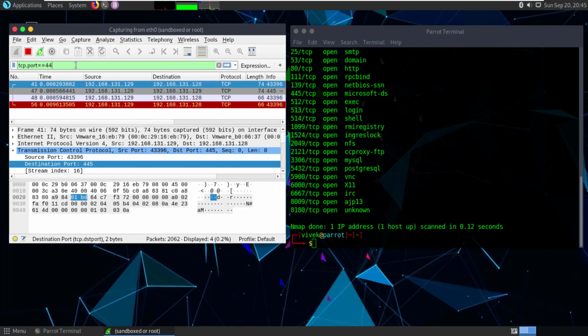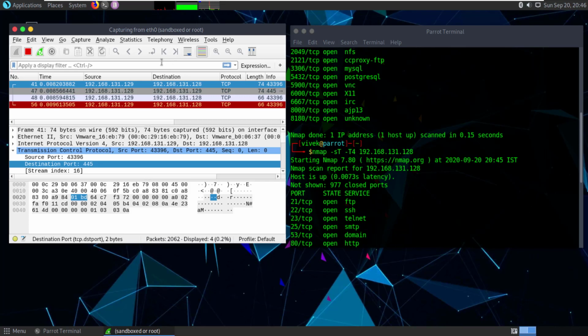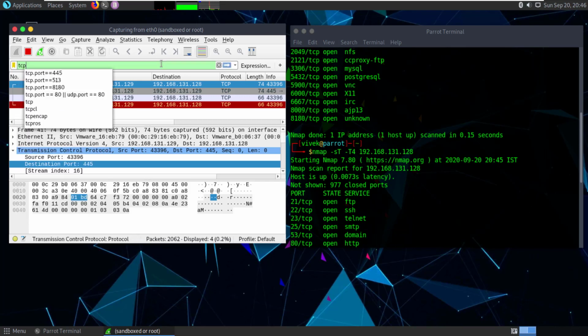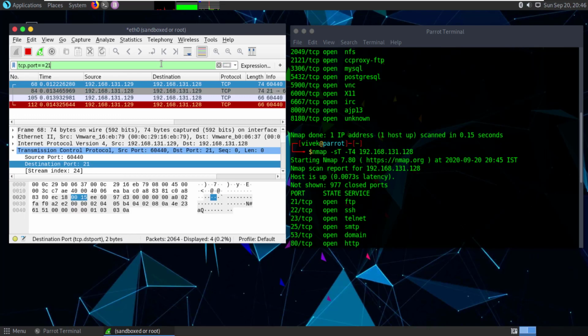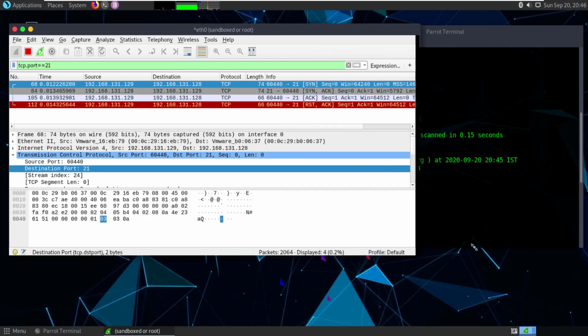So which port is open? Can you see? Port number 21 is open. So we are going to use the filter tcp.port == 21. Enter. So these are the two requests and two responses. You can see from 129 to 128, 128 to 129, again 129 to 128, 129 to 128. So this is like a request and response system. So what type of protocols and other things have been used?